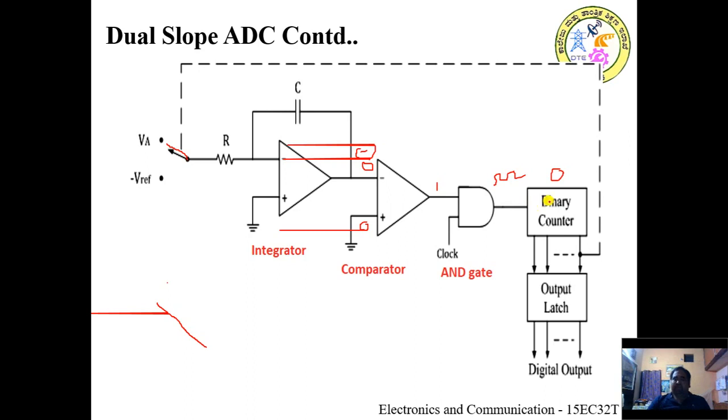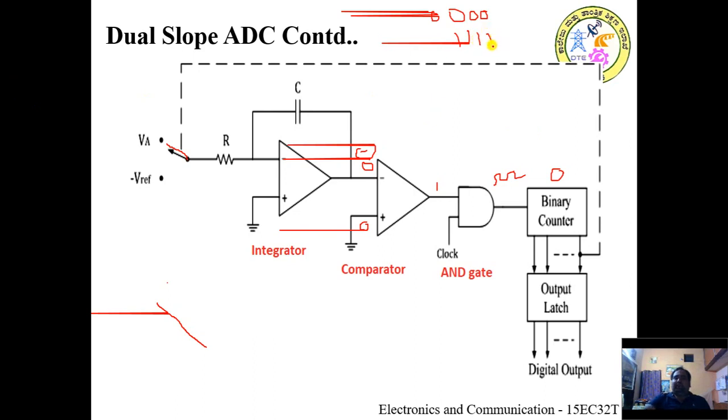Because as you can see here, let's say if it is an n-bit binary counter, at the maximum it can count 2 to the power of n minus 1 states. Let's say if it is a 4-bit counter, then it starts its counting operation right from 0 0 0 0 till 1 1 1 1. That is the final count, that is from 0 to 15.